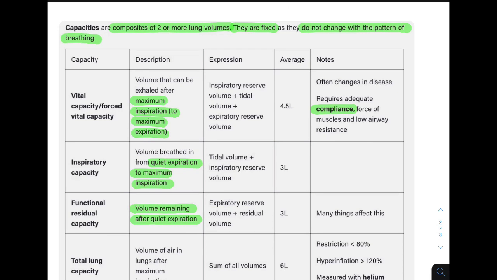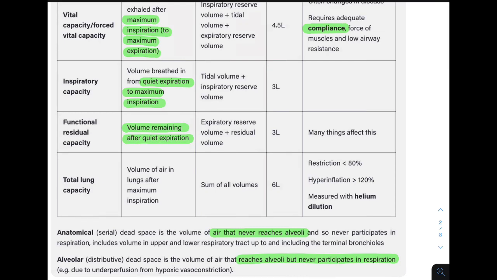Very good. And inspiratory capacity, quiet expiration to maximum inspiration. You have expired after tidal volume, and then you are now inspiring maximally. This is inspiratory capacity. How much you can inspire after normal expiration is the inspiratory capacity, because expiratory reserve volume does not count, because it is the reserve volume after expiration that may be used when you are holding your breath. You are not dying immediately. There is some amount of oxygen that is being exchanged in the alveoli, that is from the residual and expiratory